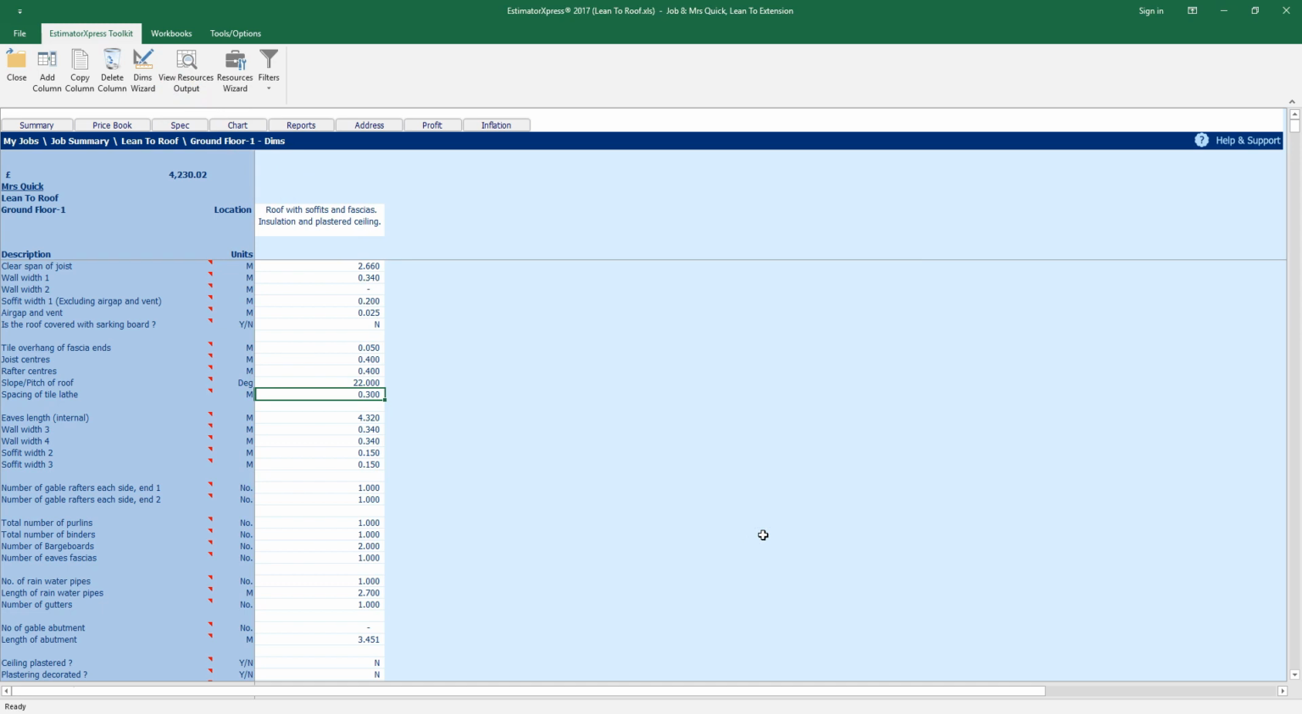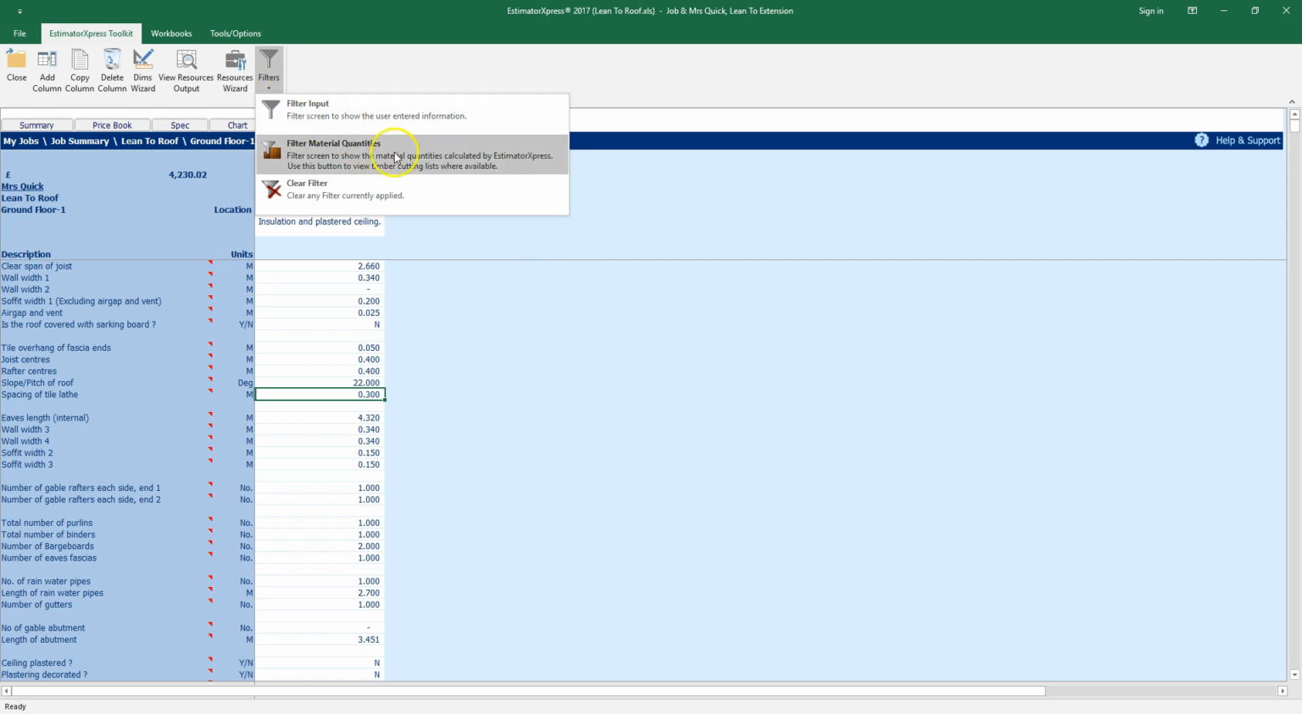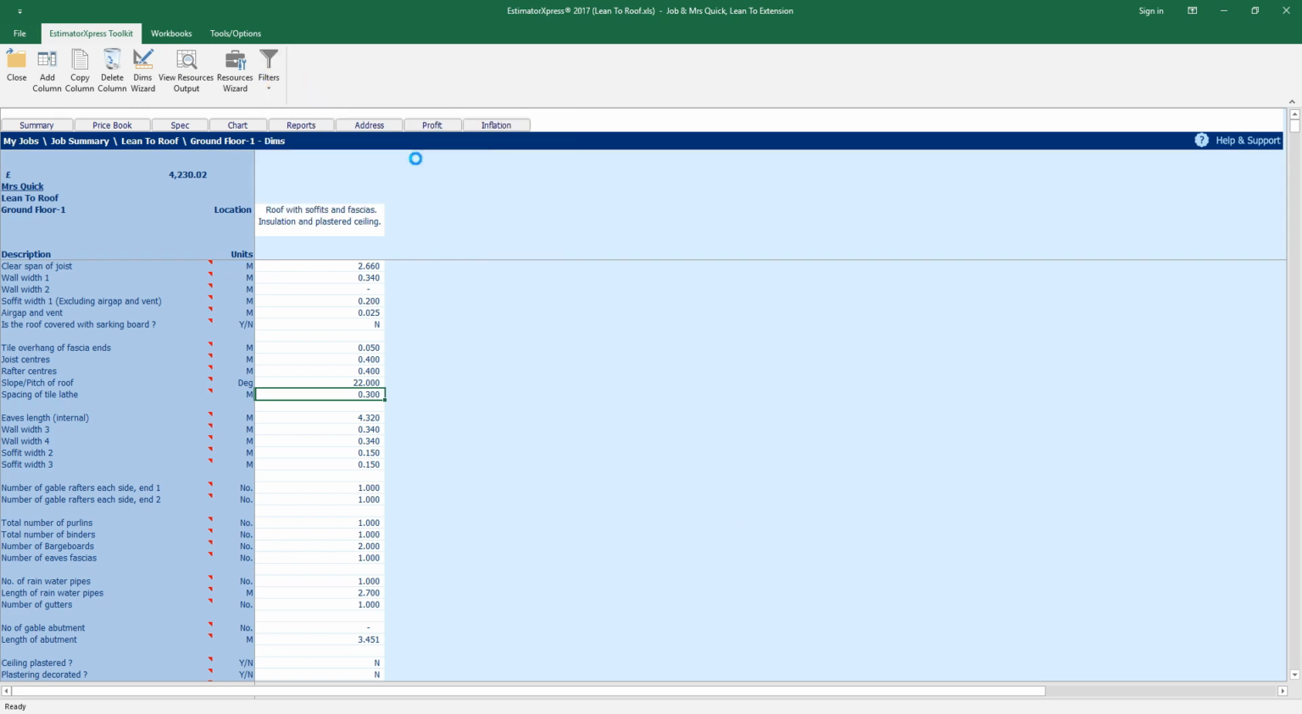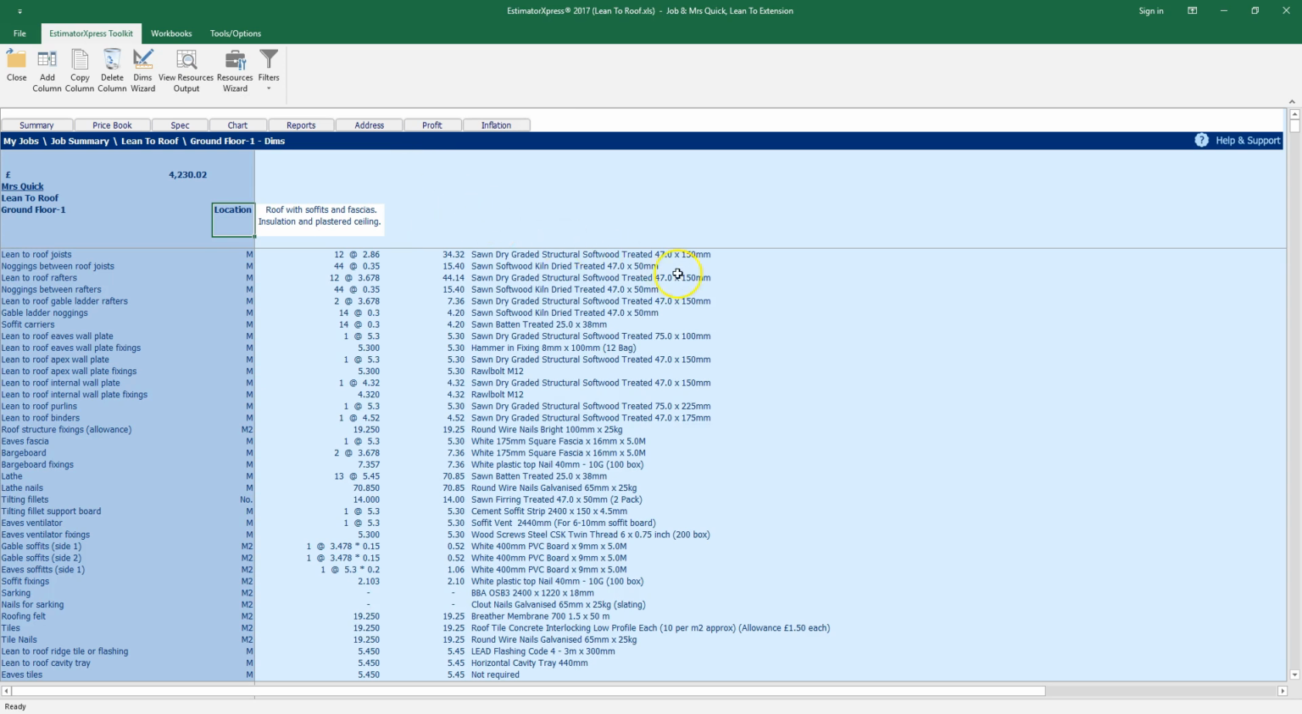If you want to see a comprehensive roof cutting list, click Filters and then click Filter Material Quantities. Here you'll see a comprehensive cutting list for all the timbers you require for your job. Finally, let's have a look at the resources in detail. Click View Resources Output,